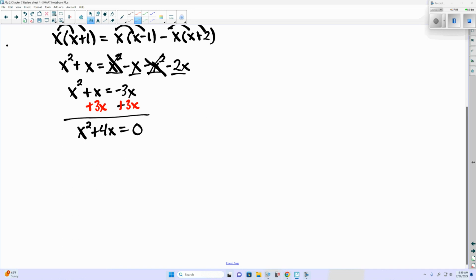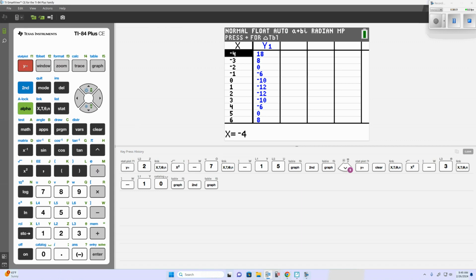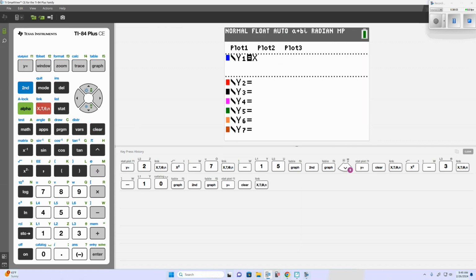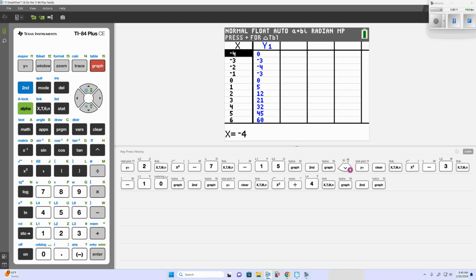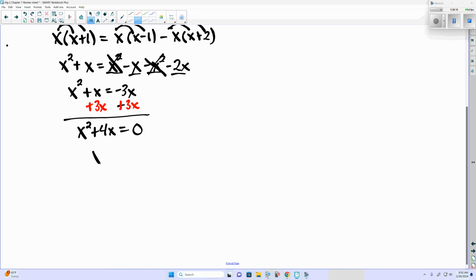There's no number in front of x squared. So we could graph it or factor it, either one. x squared plus 4x equals 0. Two places it crosses at negative 4 and 0. Because again, we're looking for what values of x make the y value be 0. That's it. If you have any other questions on this here, please